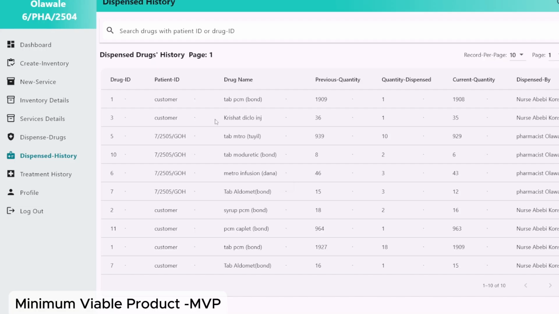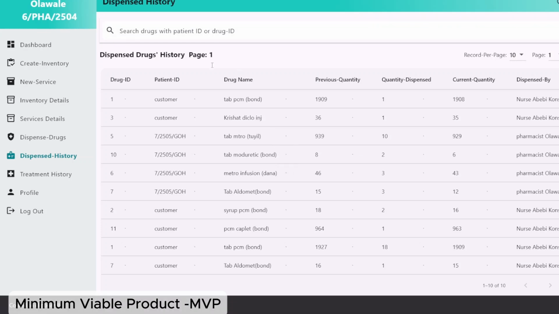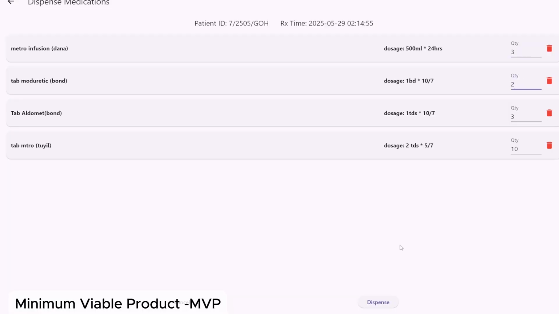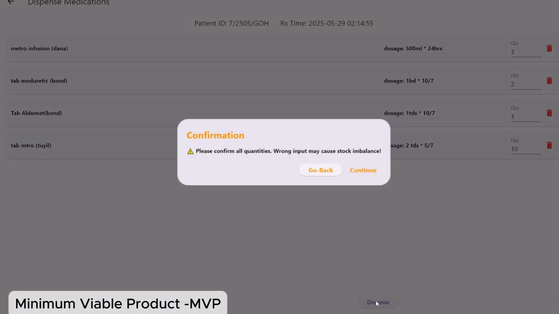Dispensed drug, dispensed history. This page shows the history of all the dispensed drugs. So here we can track how each drug is being used. We can search for a drug here. You can just copy the name of a drug and search for the history of how the drug is being used. Enter the quantity here and they click on dispense. And if this session has been dispensed before,